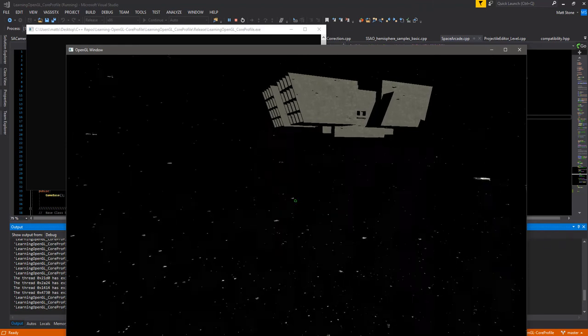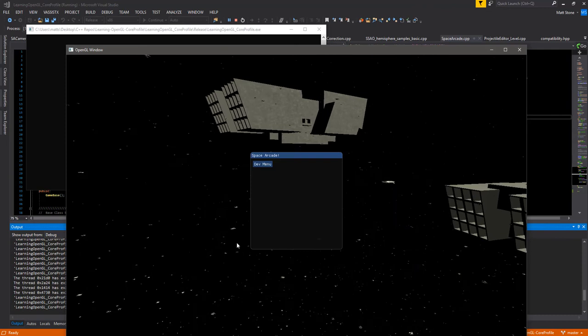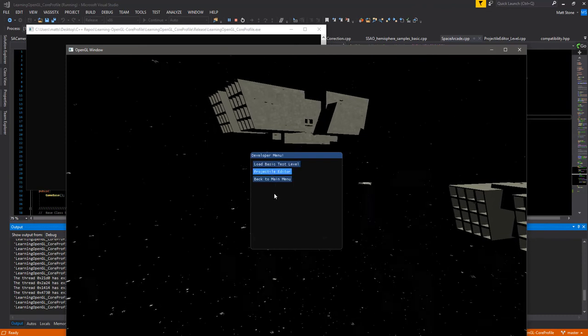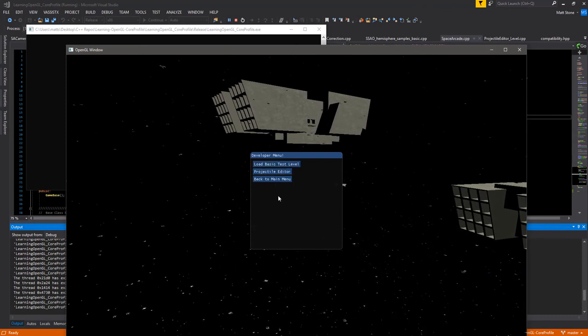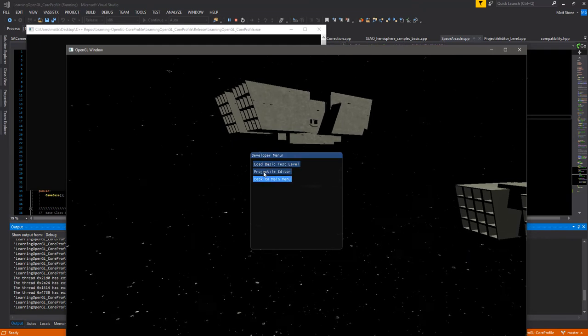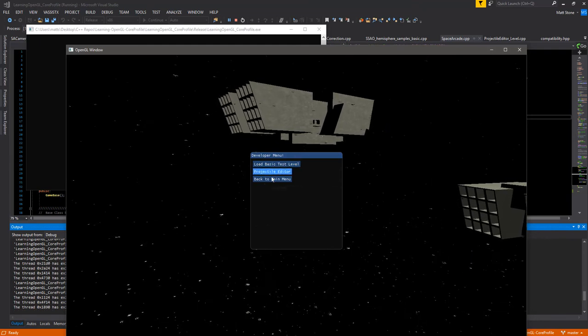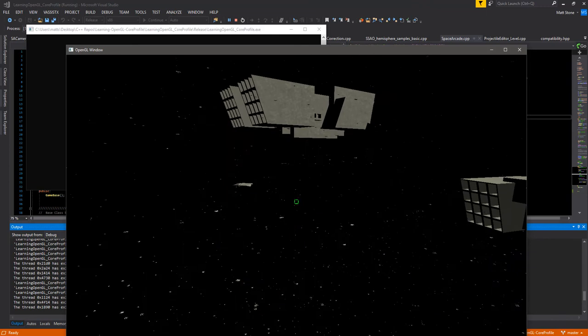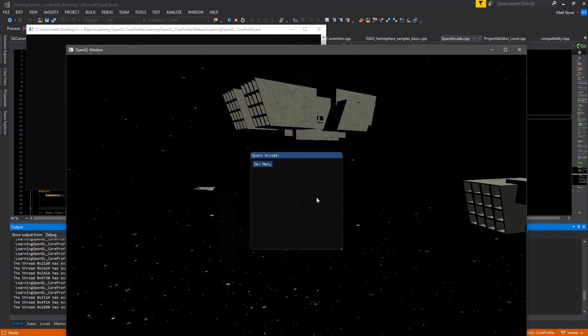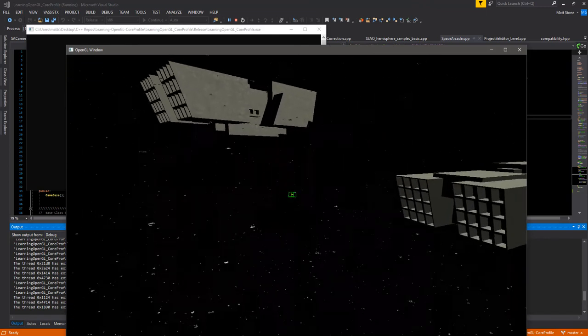And so what I've added now is a main menu, and in this main menu you can select between different things. And currently there's only a selection between levels and going back to the main menu. And there's a bug, so when I click I still shoot. But anyways,